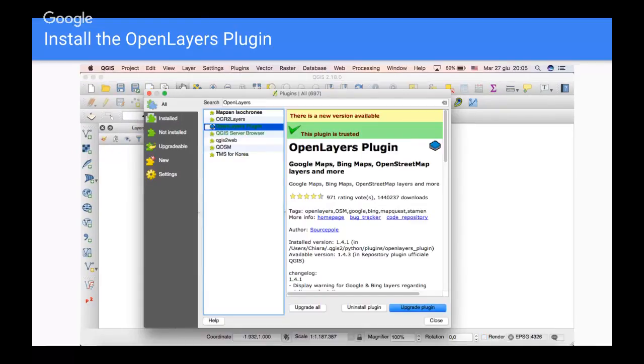And it will show you this window where you can look up OpenLayers in the search bar. And it will tell you whether you have it already, whether there's a new version available, as in my case, or whether you need to download it and install it. You can also have a look there, and there are always pretty detailed descriptions about what each plugin does. So if you're interested, I would recommend having a look there and trying to download a few and try them out.